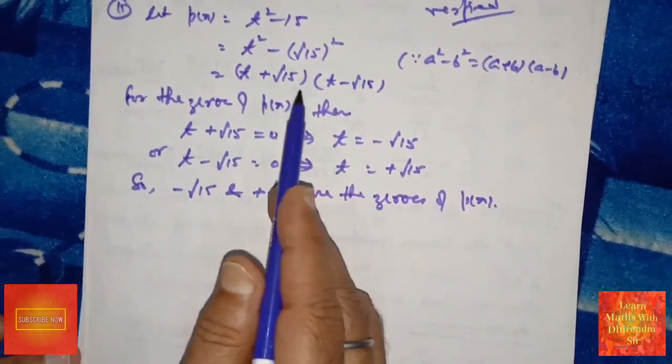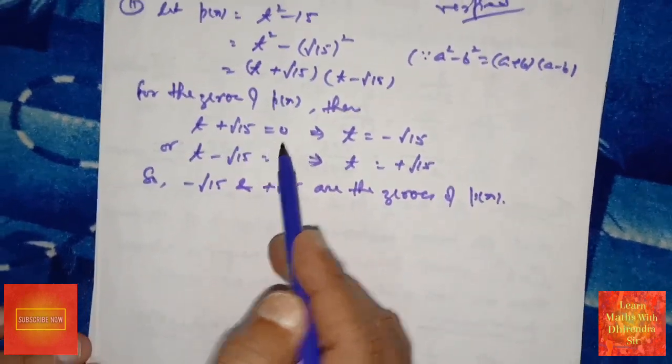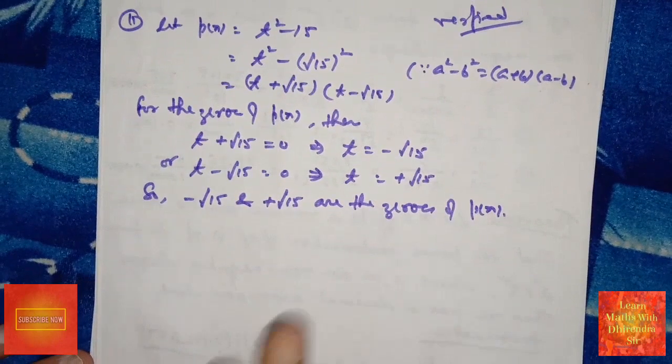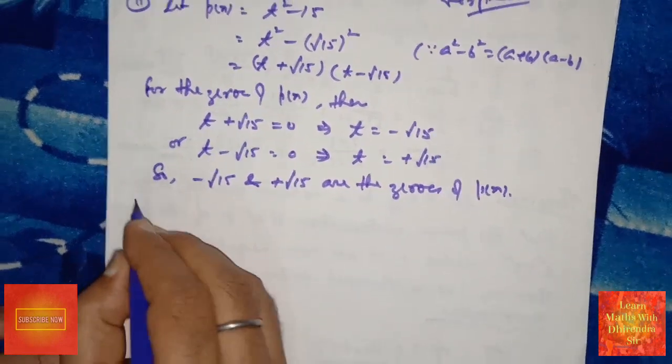फॉर द जीरोस, px को जीरो किया तो ये टर्म जीरो होगा, तो ये वैल्यू आ गई, और इसके टर्म को जीरो किया तो. इज इट क्लियर? तो फॉर द वेरिफिकेशन,